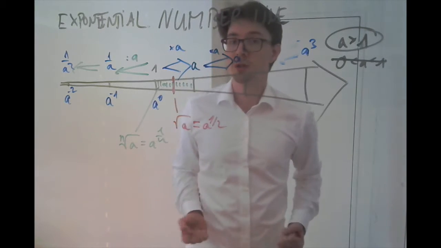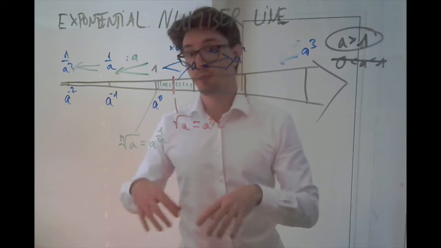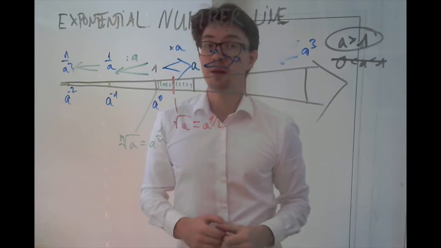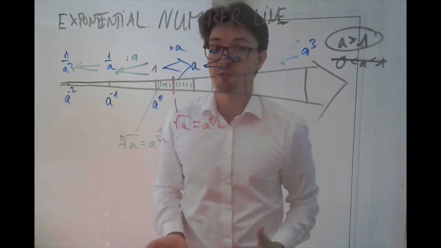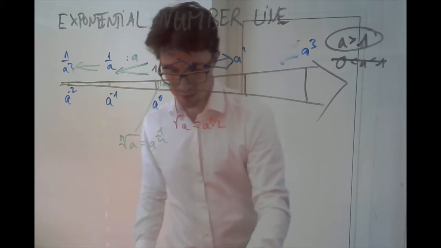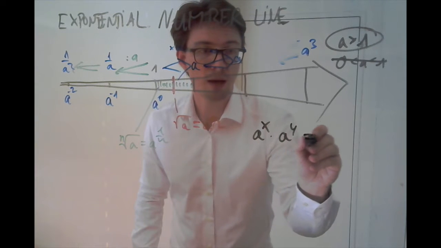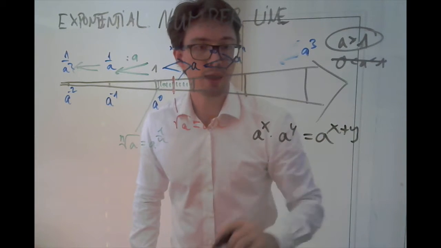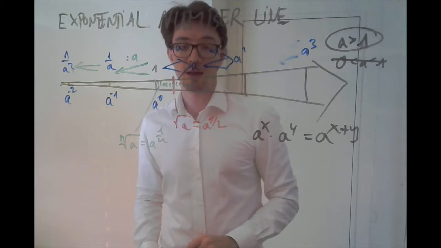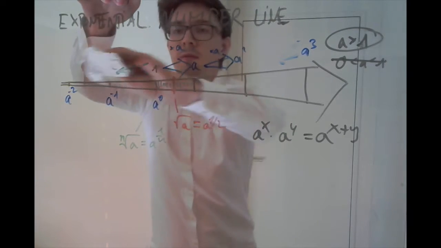And all this geometric intuition that we've built up, first for the exponential number line with base 10, and now with any other base, actually boils down to the usual laws of algebra for powers. Let's write them down just for completeness. That would be, for example, a to the x times a to the y is a to the x plus y. Why? Because multiplication with a to the x actually can be represented by